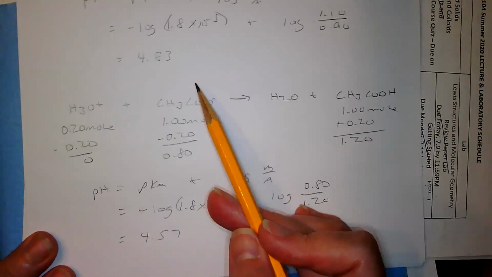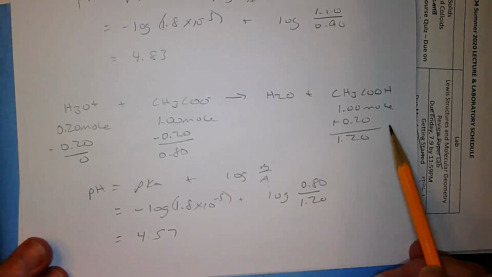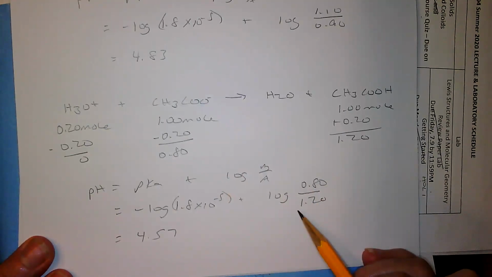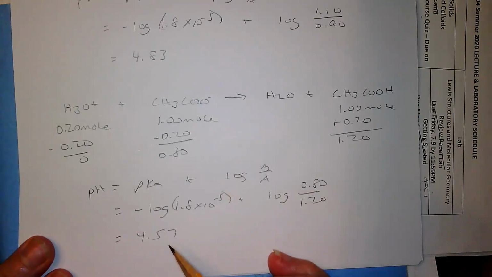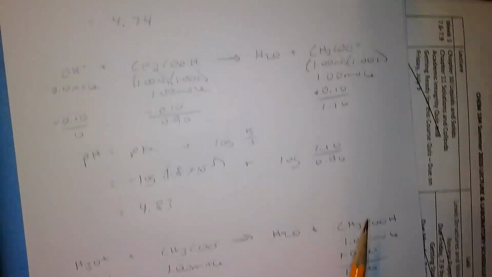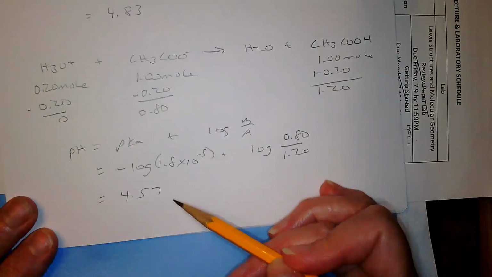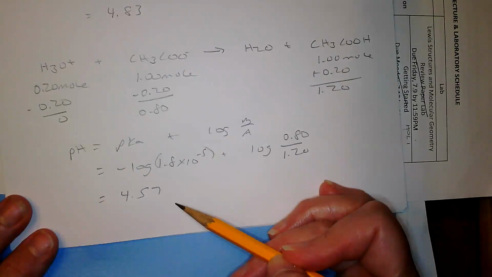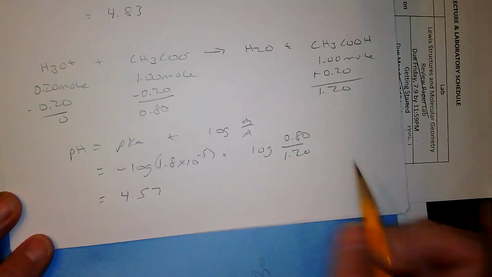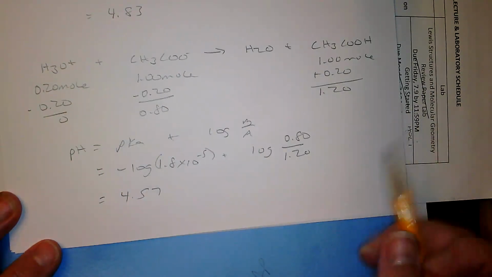So we still have the buffer. We've got the base here and we've got the acid here. We've just changed the ratio a little bit. So this part of the Henderson-Hasselbalch will change just a little bit and the pH will go down. Again, it makes sense that the pH went down because we added an acid, but the original buffer solution was 4.74 and now it's 4.57. Okay, it went down, but only marginally, because our buffer consumed that acid that we added to it. If we had added this amount of acid to pure water, the pH would have been significantly lower,